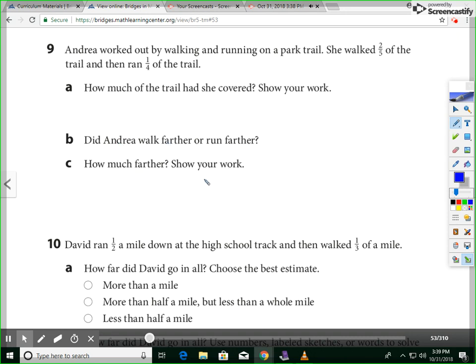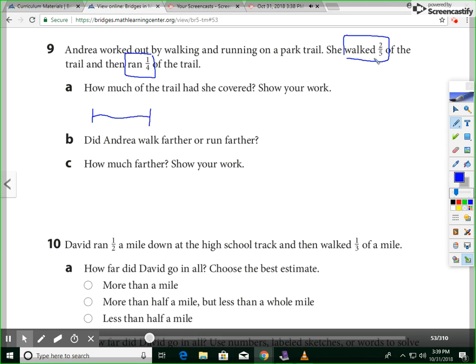How much farther did she? How much farther? Show your work. So in this problem, she's walking 2/5 and then she ran 1/4. The first question is, how much of the trail did she cover? So we could just add those two together, or if we want to show a little trail here, we can say,